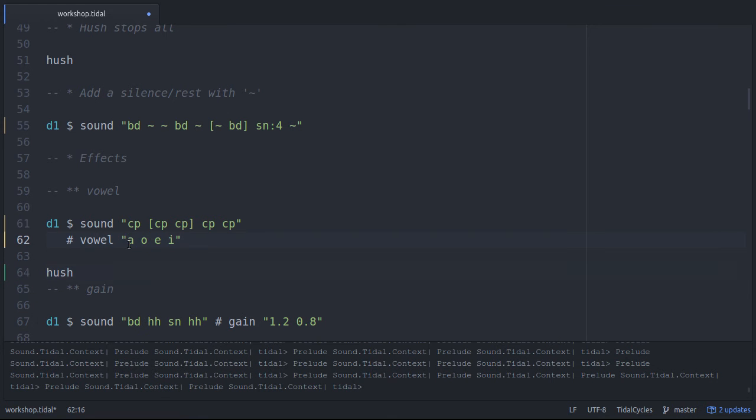So what's going on here is A is getting lined up with this clap here, O with this one here, E with this one here, and I with this one here. But these aren't the names of sounds, these are the names of vowels. So you can hear it sound as if it was being vocalized, using a kind of ah sound. It only works with vowels, but